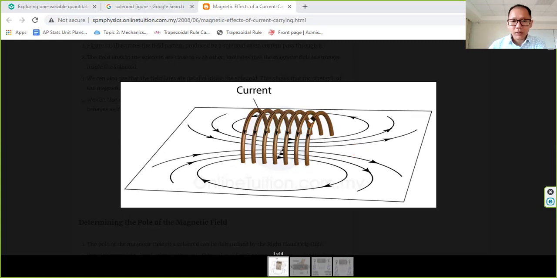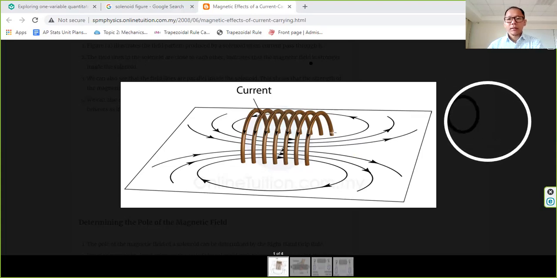Now, like I said in the discussion just before, if you have a circular wire like so, then if the current is flowing in the, now look at the direction of the current here. So this is anti-clockwise, right? So anti-clockwise is something like this. So the current flow is anti-clockwise, and if the current flow is anti-clockwise, then you know that